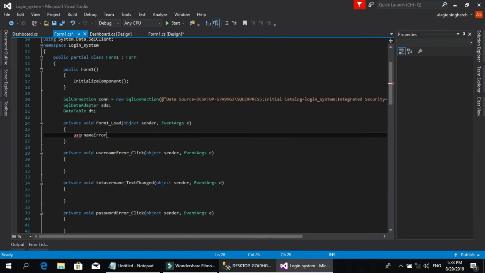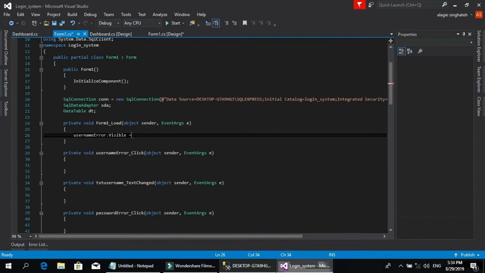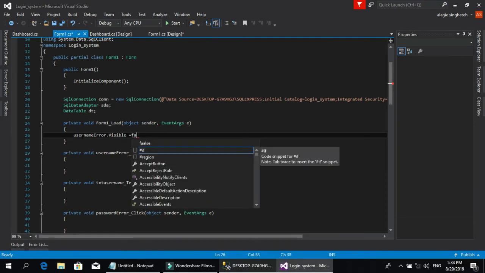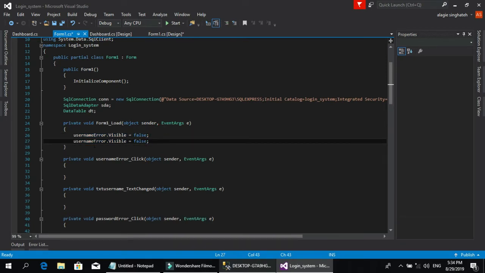okay, username error dot visible equals to false, like this, and I'll copy this, paste it down. I say password error visible false, like this. Save it, and let's go to